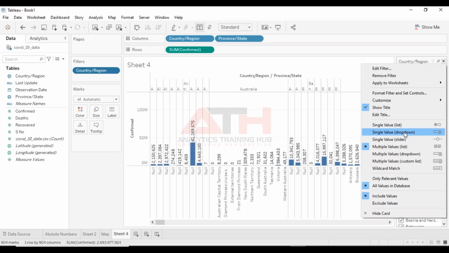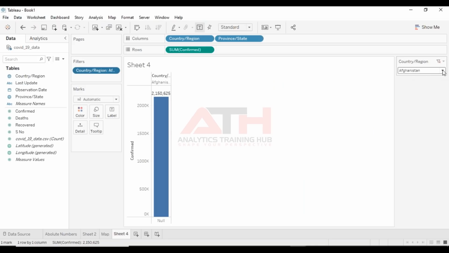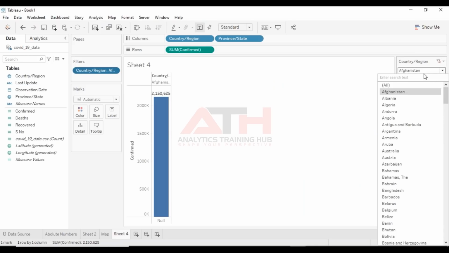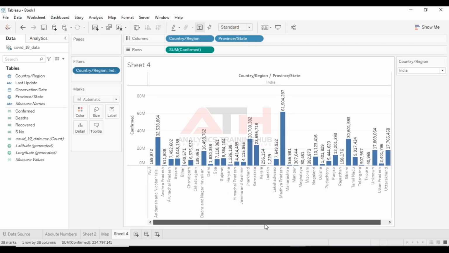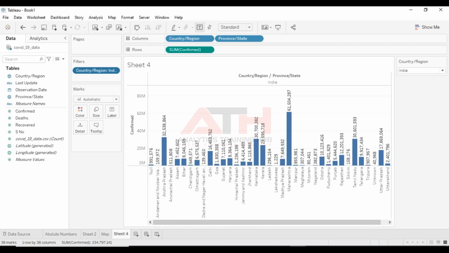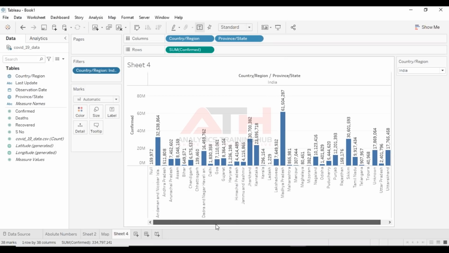And again, from here, I'll select the single value drop down option. Once this is there, I'll select India, and you can see all the districts, or sorry, states here have come. Okay, so we have all the states here with us in terms of their COVID confirmed cases.